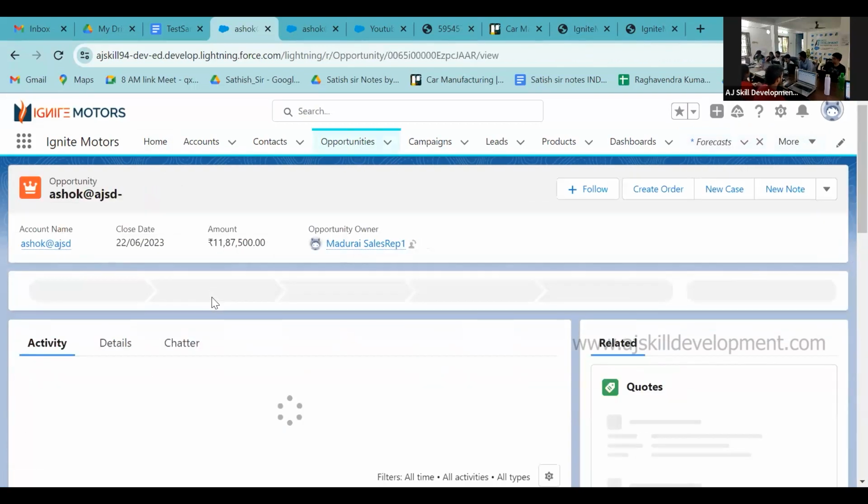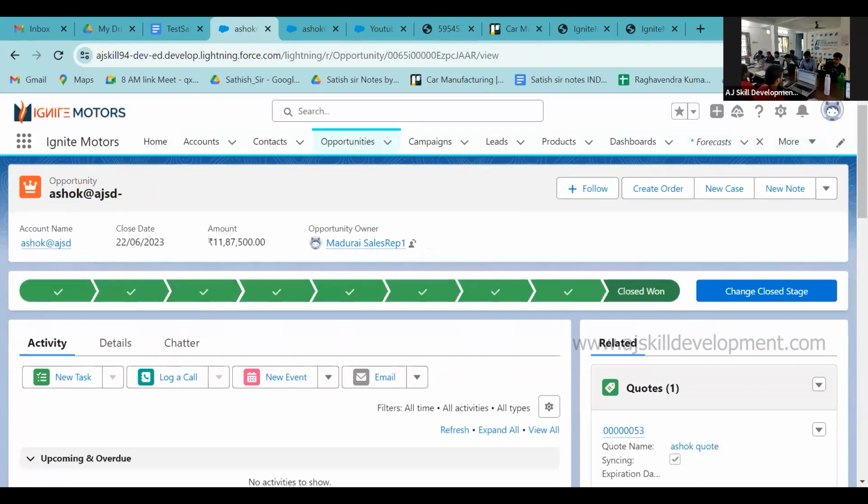Everything is possible. As you can see, Ashok, we have created a create order button. Most of the time, we have already done an automation in code, whereby whenever a quote is synced back, we update the opportunity as closed one. But there won't be any contract or order created. We make sure that even if it's closed, we want the sales rep,